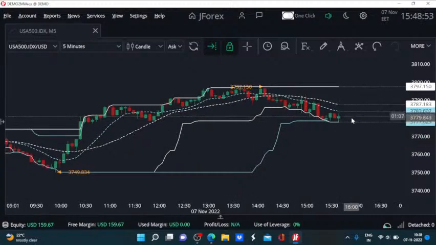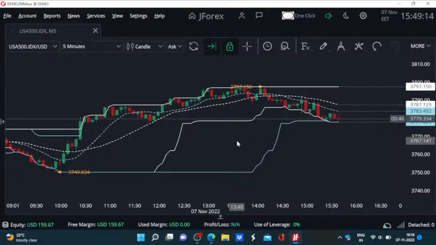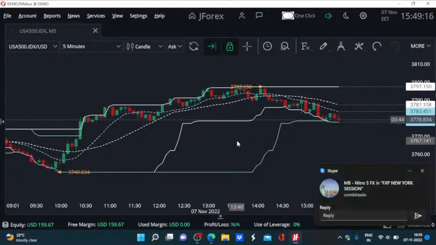For the next half an hour or so, till the start of the US trading session, we can expect the volatility to remain low, and in the next couple of minutes we will get much more clarity, much more pronounced price moves after the start of the US trading session,